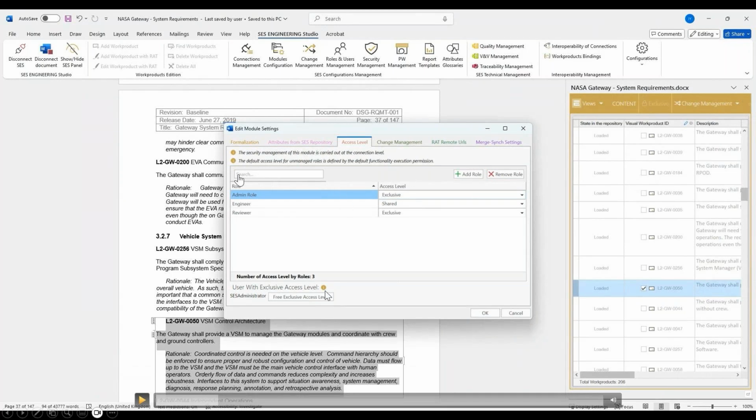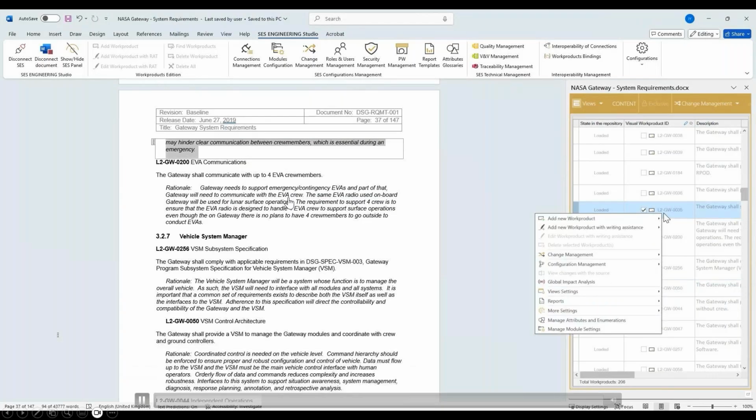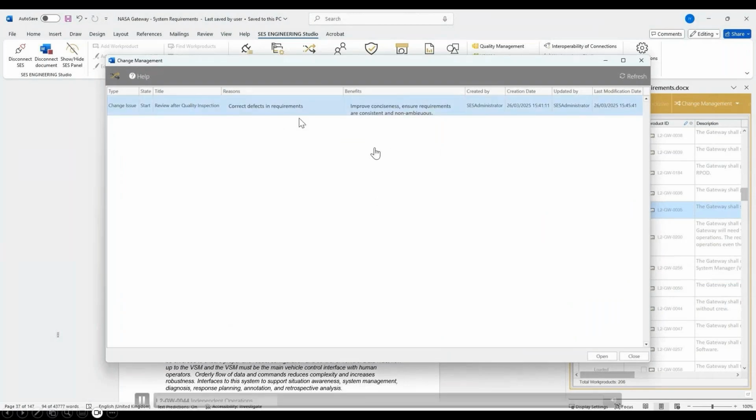First we define the different access levels for the different people. Administrators and reviewers will have exclusive access, and engineers will be able to work in a shared mode. That means I'm not freezing the access for the other users. The change management is on, and the role for the management of the change request approval is done by the reviewer. So if we look at this change issue here,